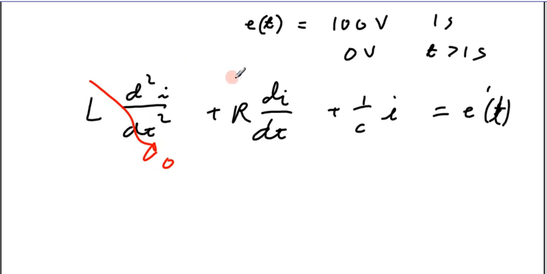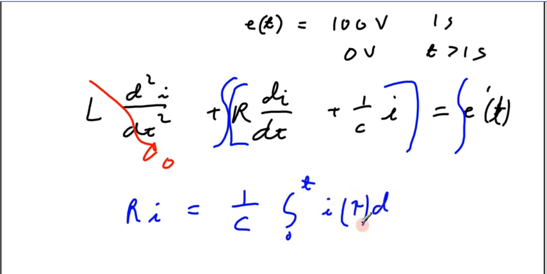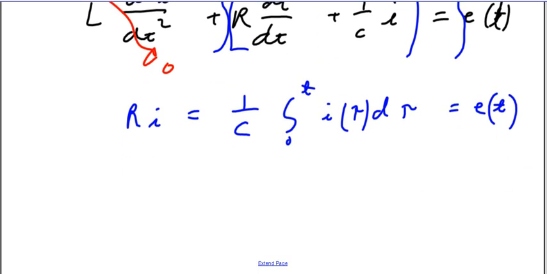Let's see if I can make a better integral sign. Integral that stuff. Integral this stuff. Okay, so I'm going to have Ri plus 1 over C integral 0 to t of i tau d tau is equal to E of t. Okay, so that's what I've got. I'm going to write that